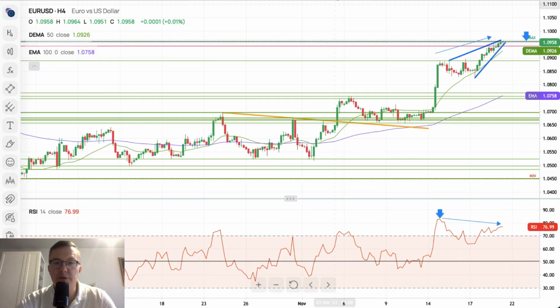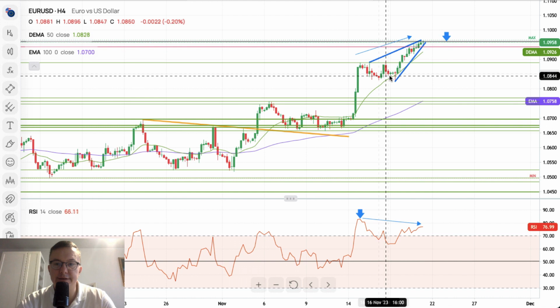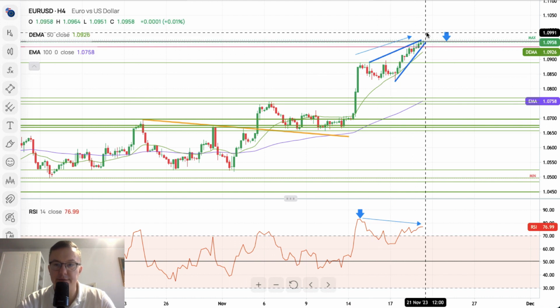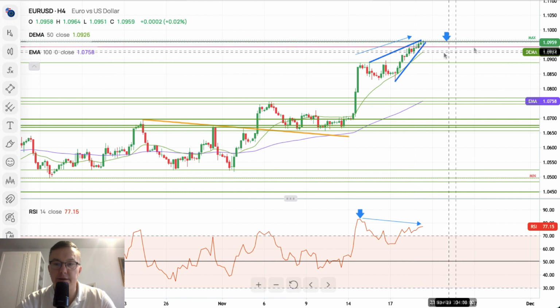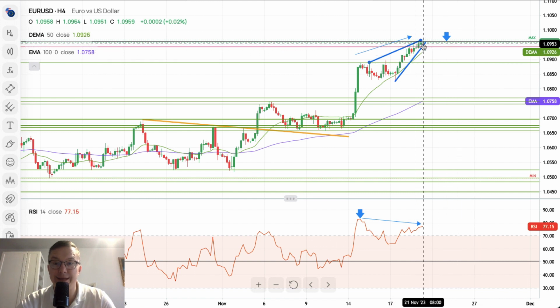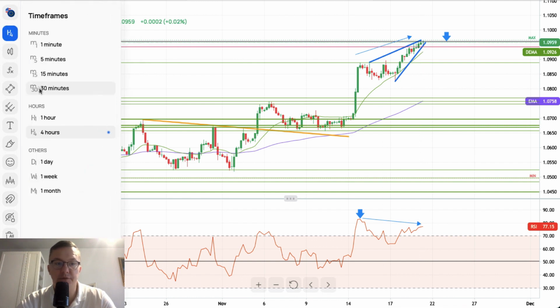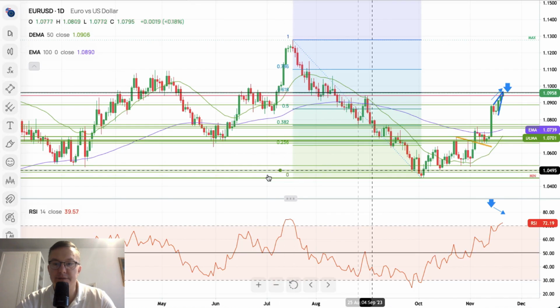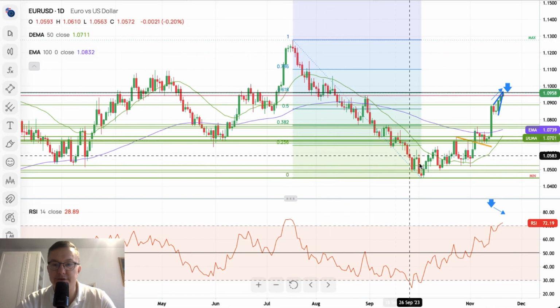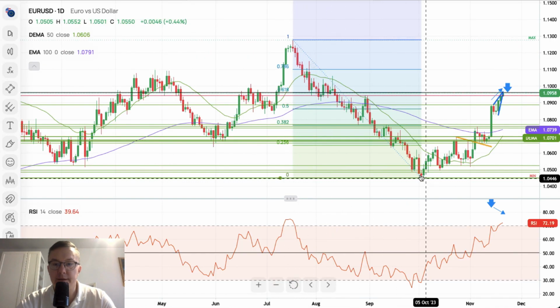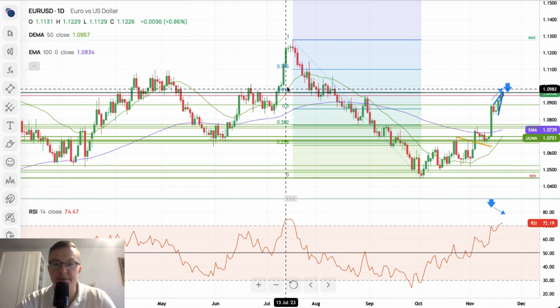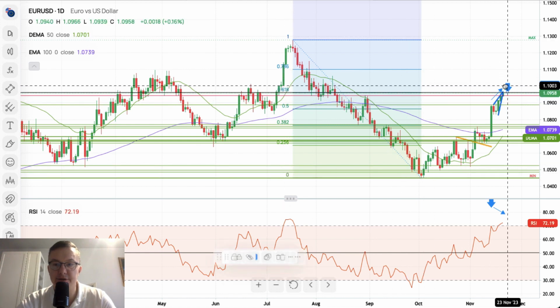So our chart of the euro dollar is showing us this narrowing pattern here. It might be some sort of ending diagonal, and we just recently hit the level of 1.0966, which is the 61% of the Fibonacci retracement of the last big wave down. So this is the big wave down, and the 61% is here. We just hit this